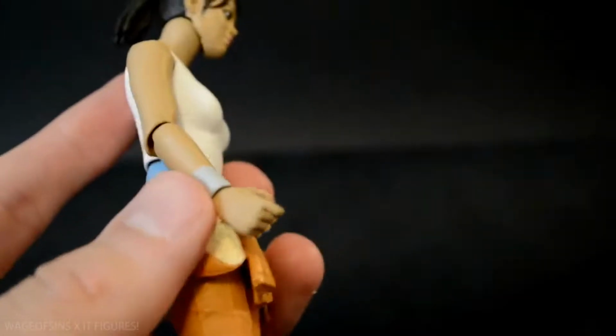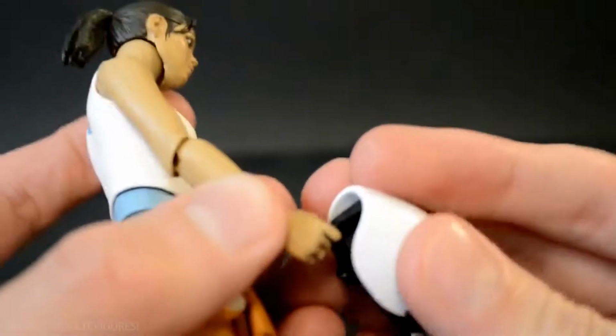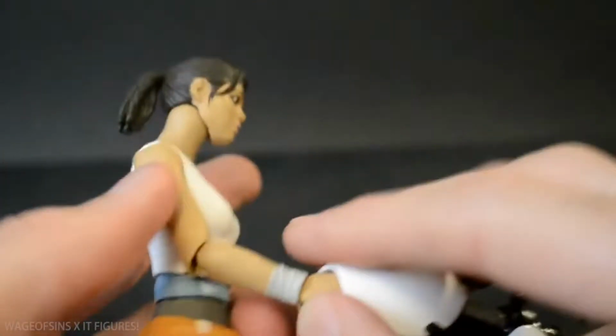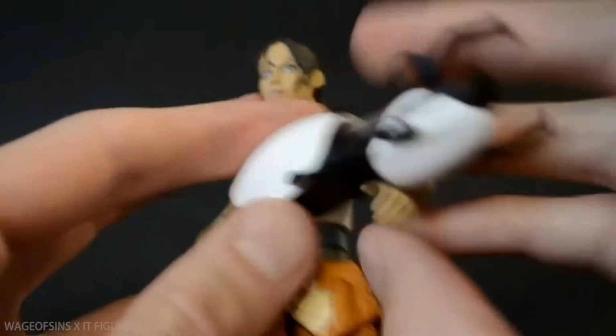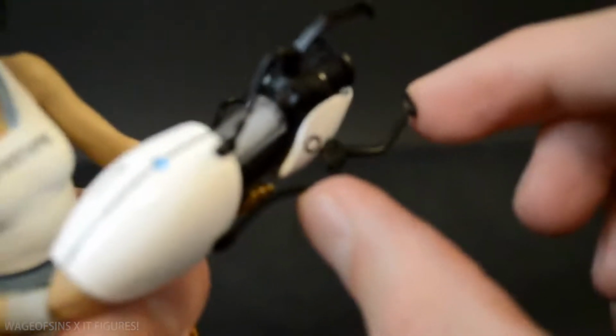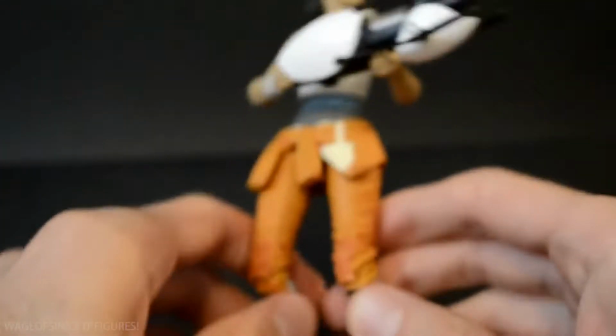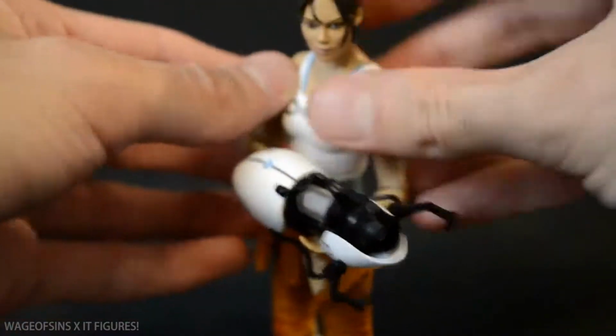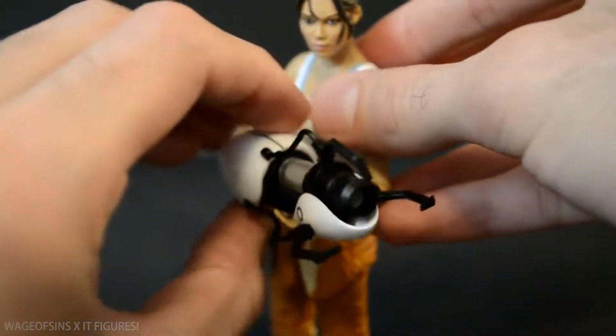Let me put the gun in her hand. It just pops in, I think. Yep, there we go. And then she can hold it. I really want to put a potato on the end of this gun here, on the portal gun. And for those of you who have played the game, you know what I'm talking about. We'll put her on her stand. There we go. And with that lit up,